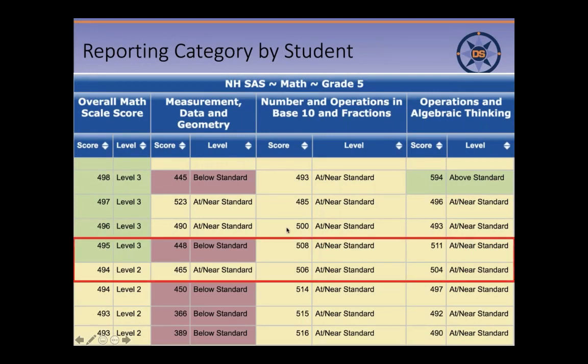We'll also get it this way. And this 4 level for the subject and 3 level for the clusters can cause some confusion. And this is what happens. I could actually have a student who's a level 3 next to a student who's a level 2, and my level 2 student got 3 at or nears, 3 number 2s on the clusters, and my level 3 student got 2 level 2s and a 1, which sounds like it's lower.